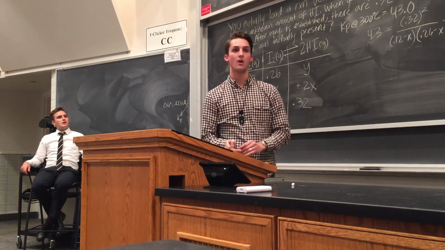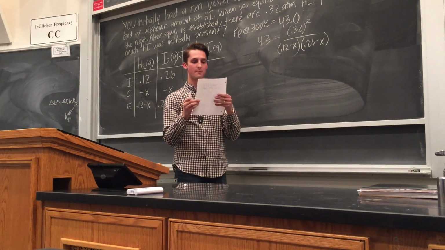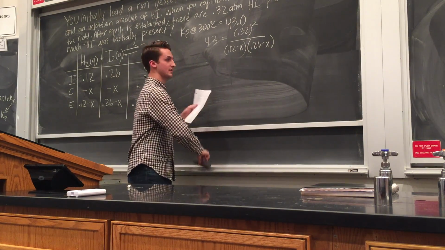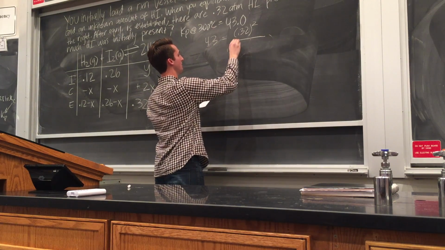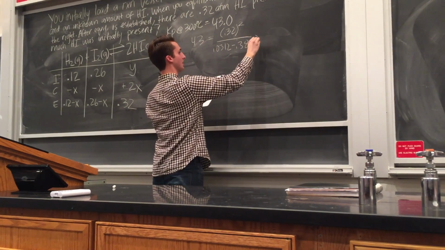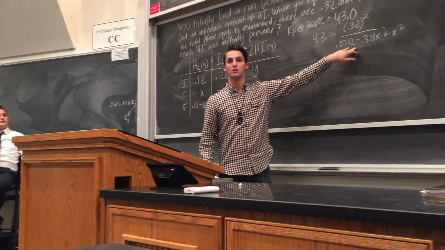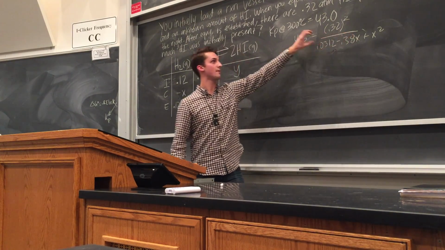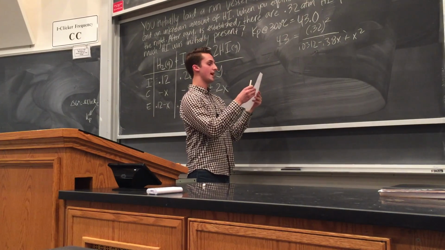Okay? The next thing we want to do now is FOIL the bottom out. So after you FOIL the bottom out, you should get 0.0312 minus 0.38x plus x squared. Now once we have that FOILed out on the bottom, we want to get this out, so I'm going to multiply both sides by all these. So I'm going to multiply this whole thing up by 43. So I'm distributing 43 to each one of these. Okay? After you do that, you should get,